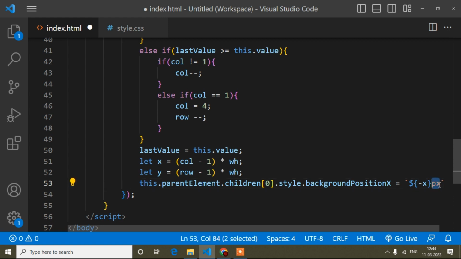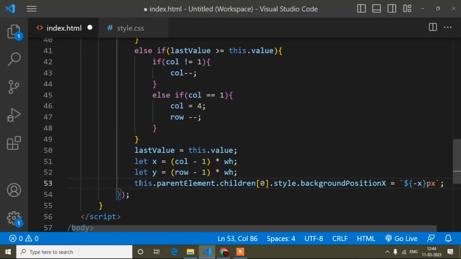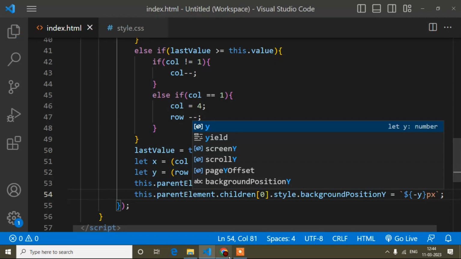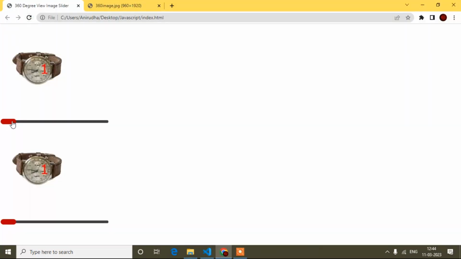No need to write double inverted commas or inverted commas, because it is denoted automatically as a string value, since I used the backtick sign. In the same way I will copy the same thing and write for height, background position y, and change this x to the variable y. So now let's see what I get.